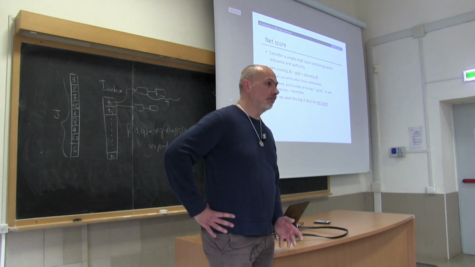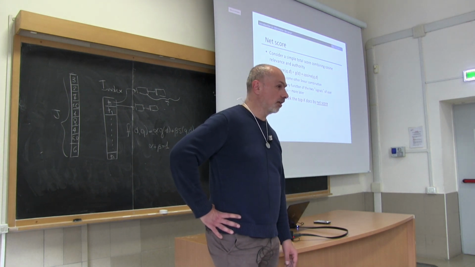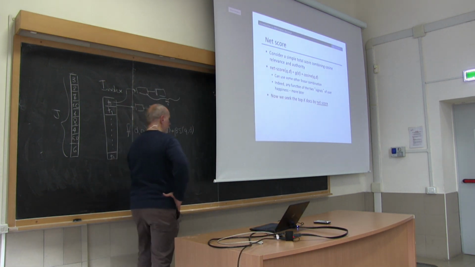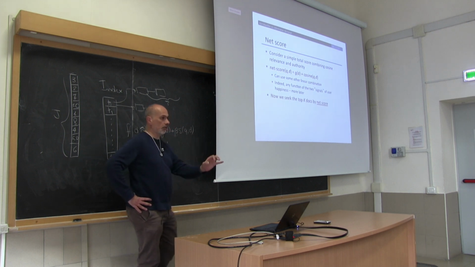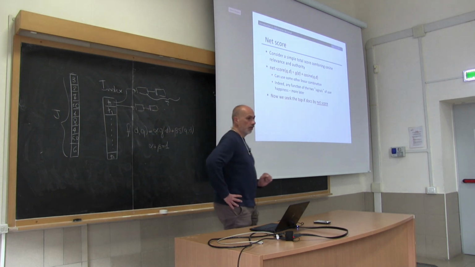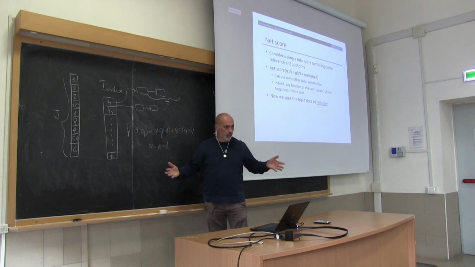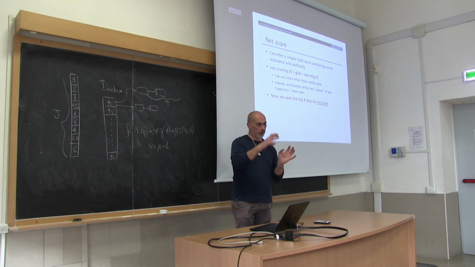And how can you measure this? Also, how can you pick the best choice? That's a very interesting research issue, because actually it has a name. It is called learning to rank. So if you want, this is a learning problem. How? Assume that you have a training collection, right? A collection of documents, and a collection of queries. And for these documents and queries, you have the best rankings decided by humans.